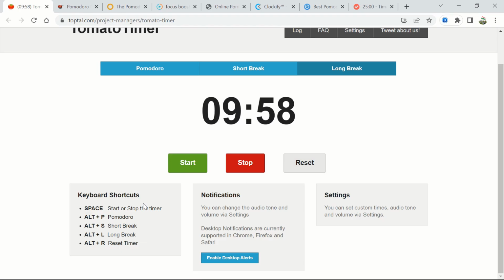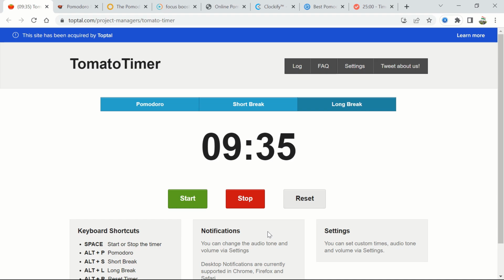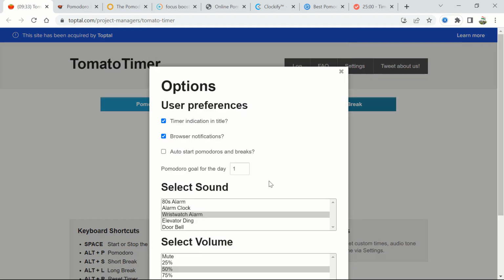of 10 minutes. There are certain keyboard shortcuts that will help you do things faster, and you can also set up notifications that will give you alarms. That is, you can change the audio tone and volume via settings. Desktop notifications are also supported in Chrome, Firefox, and Safari. So you can enable desktop alerts from here, and there are a few settings that you can choose